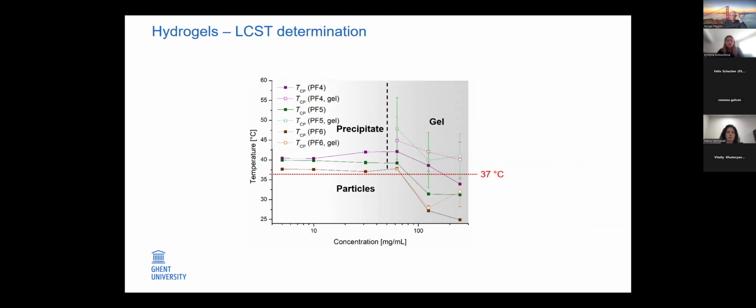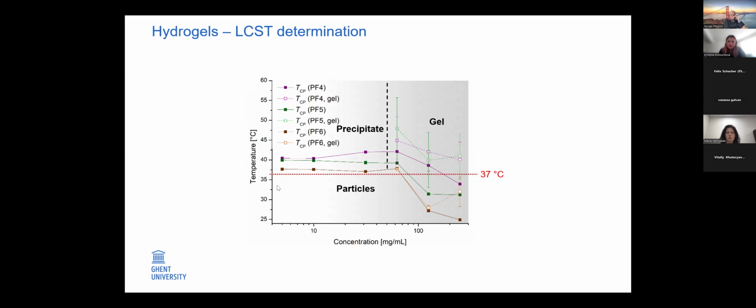Here you have a little overview of the LCST profiles, or the cloud point temperatures, for these three polymers. Let me just go briefly through that. At low concentrations, below the cloud point temperatures, you will have nanoparticles. When you get above the cloud point temperature, the particles precipitate out from the solution. And when you increase the concentration, the precipitate can attach to each other and aggregate